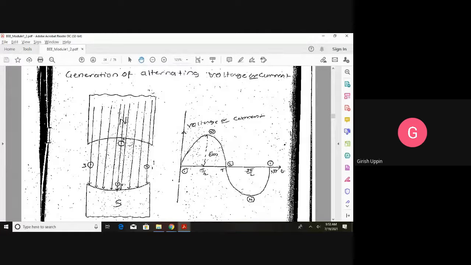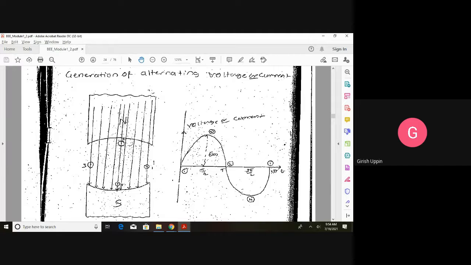Faraday's first law states that whenever the flux linked with a coil or a conductor changes, an EMF is induced in that particular coil or conductor. You have to remember, whenever we have to generate the voltage or the EMF, we have to make sure that the flux linked with that conductor or coil changes. That is the principle used in every generating station. All the generators use this principle. So EMF is generated by cutting the magnetic flux, and magnetic power is converted into electrical power.